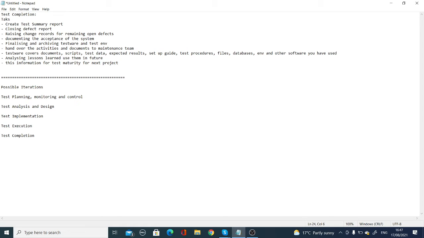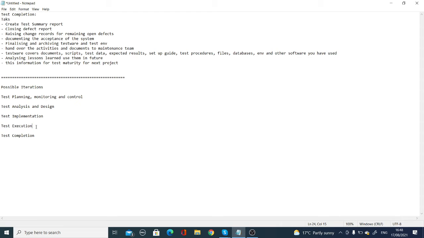During execution, you are executing a test and you find this test case is incorrect. If you find this test case is incorrect, then you may end up going back to any phase. During execution, you say this test case is incorrect, but it is a misunderstanding of the requirement. So you can start from test planning again, or test analysis and design, test implementation, and test execution.